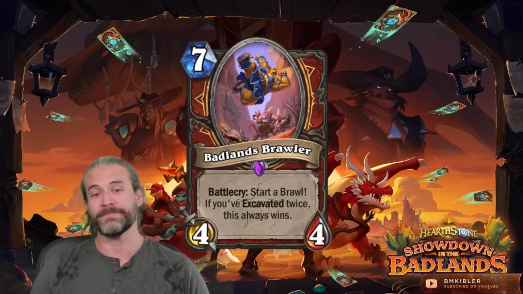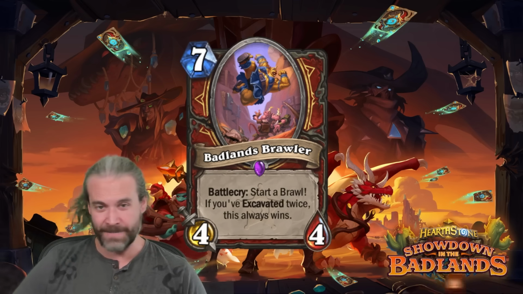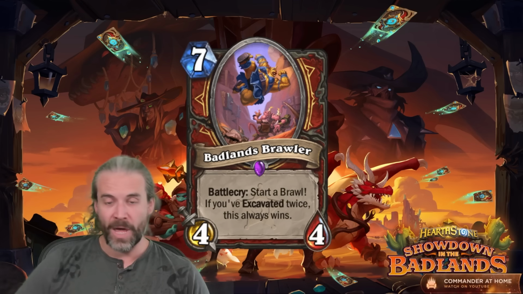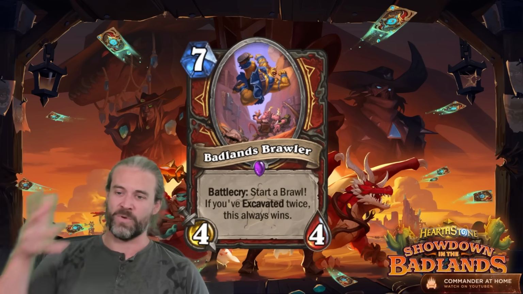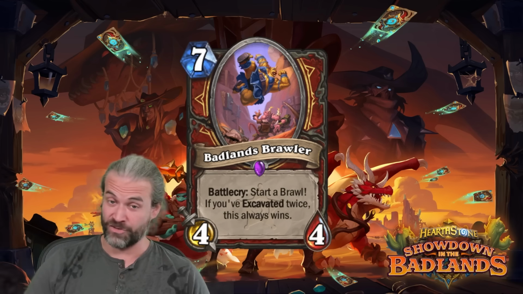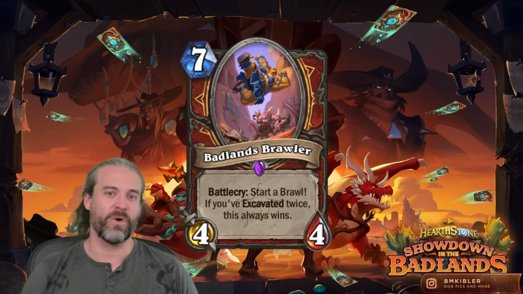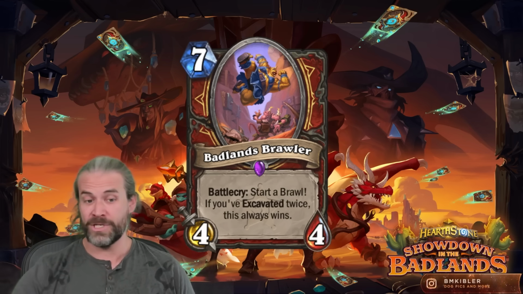strong card, right? I don't know that it's necessarily crazy powerful or anything, but because 7's a lot, and a lot of times in a situation where you're looking to clear the board, you'd rather armor up after a brawl than have this. But it's basically Soul Stealer for 7 mana without the corpse benefit or whatever, which is a powerful effect,